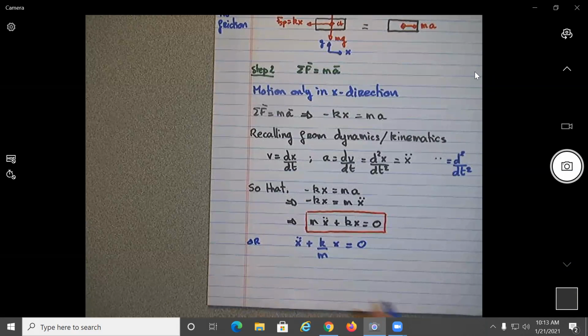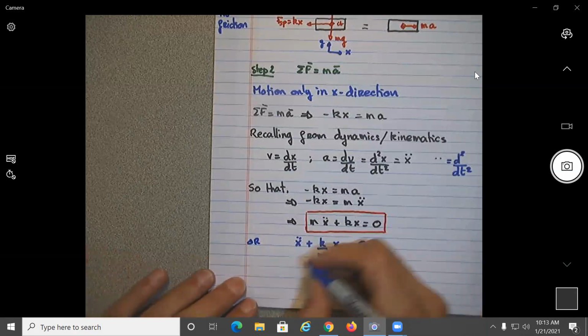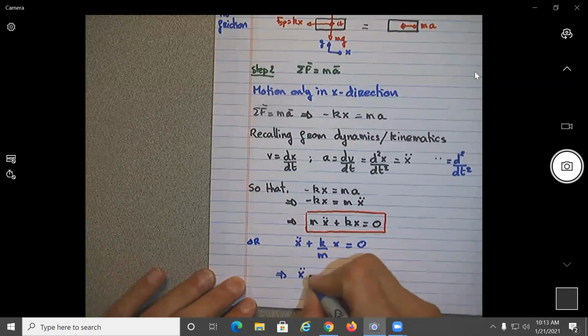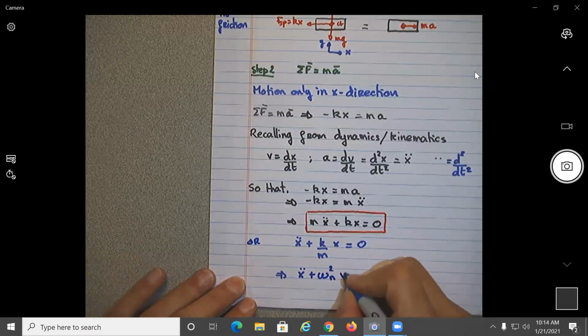Okay, but that one doesn't give anything. All right. What's interesting here is that if we rewrite this one as x double dot plus omega sub n squared x equal to 0,